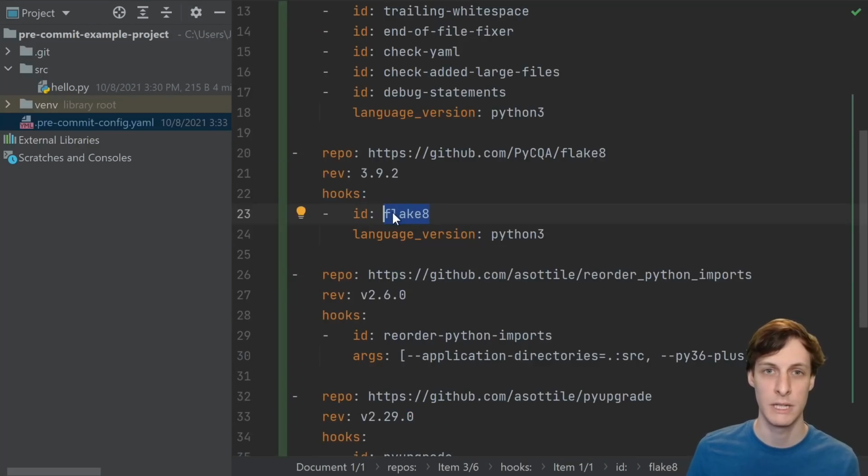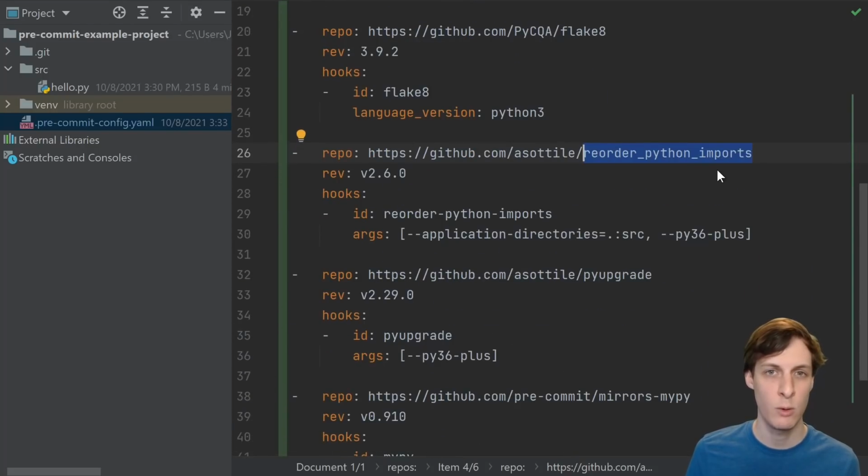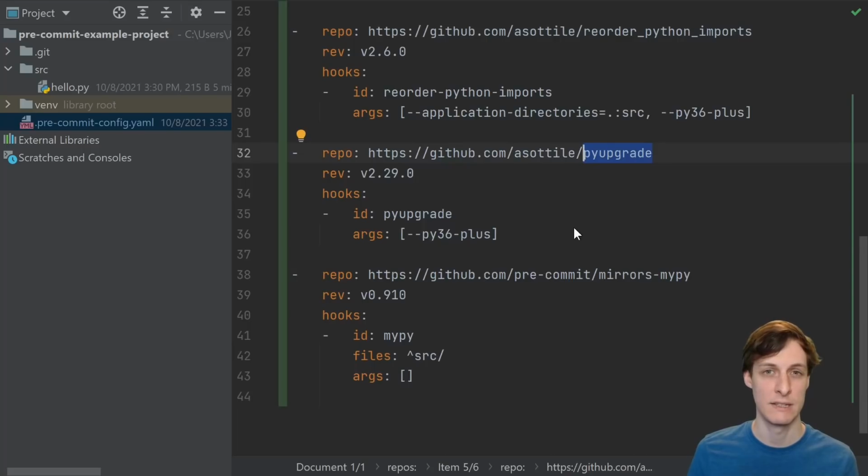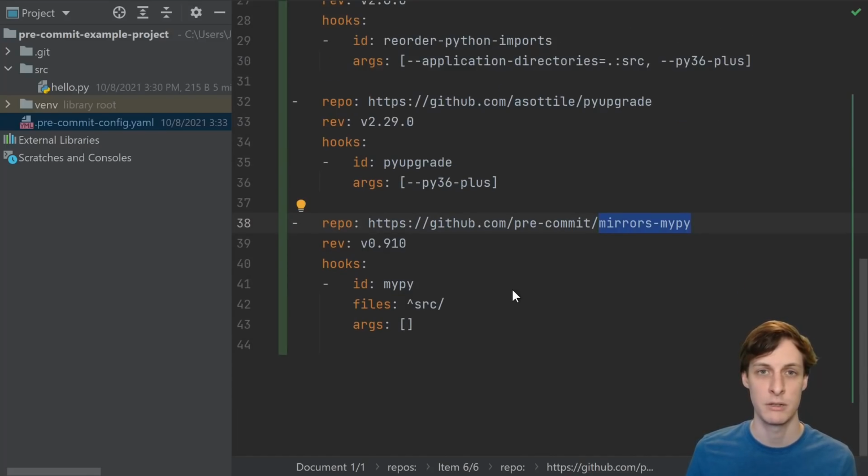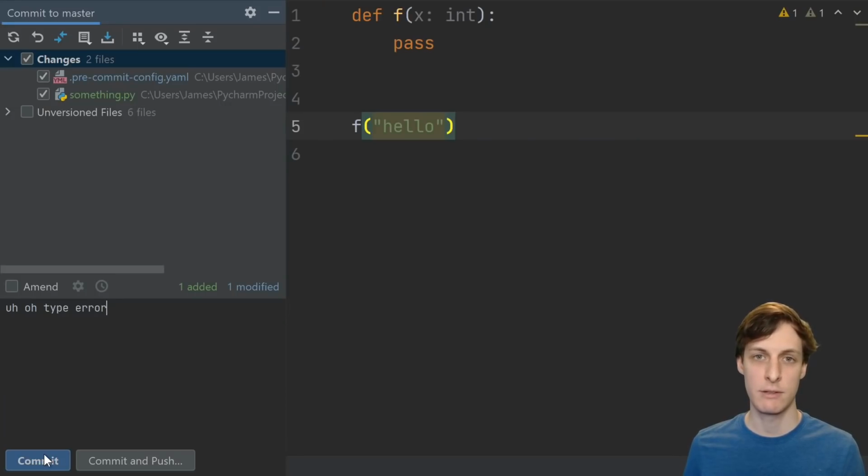You can also run your linter like Flake8, you can reorder and standardize the order that your imports happen in. You can check for outdated syntax and replace it with its modern equivalent. And this would also be a good place to run your type checker like MyPy. Precommit is most popular in the Python world, but it's not something that's just limited to Python. There are pre-made scripts for doing things like running clang tidy or clang format, or some other code formatter for a different language. You don't have to reinstall anything if you change the YAML file, just go ahead and commit.